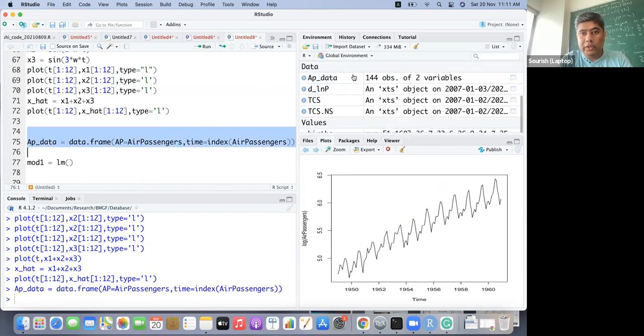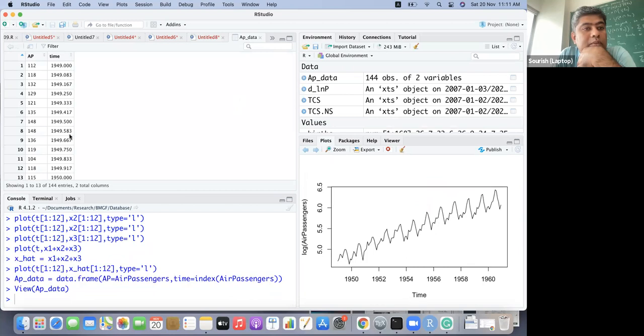Now, if I just go and check, here is my time on one axis and value on the other axis.